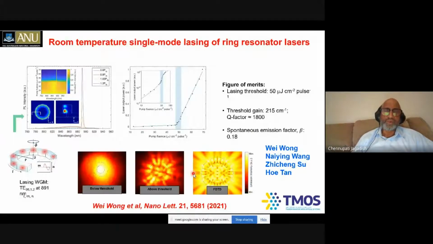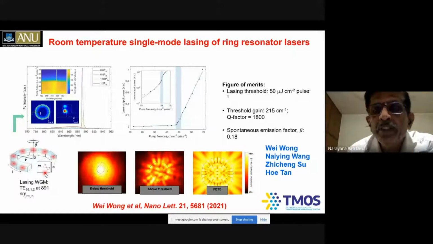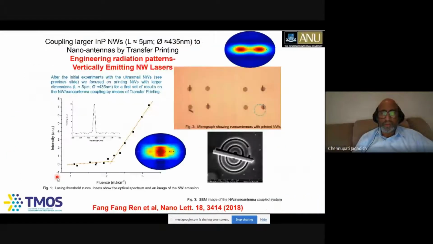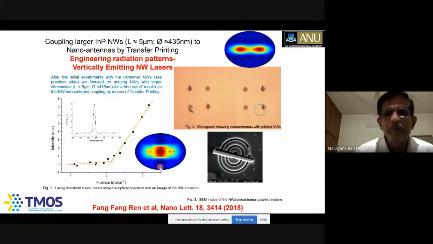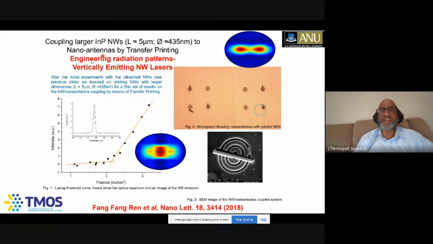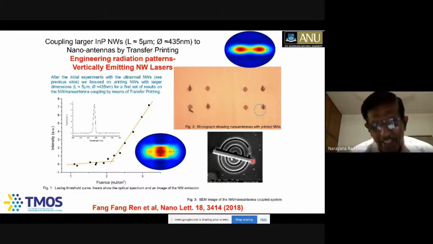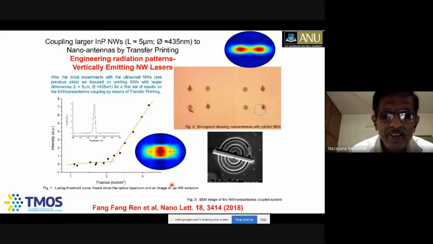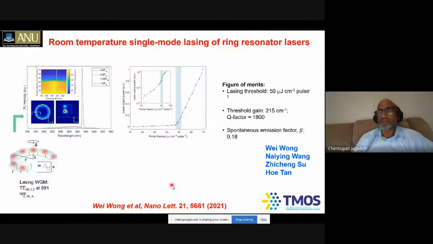So now let me move towards these ring resonators. Professor Jagdish, that means you don't see the light from the end of the nanowire when you put it on the antenna? Yes, that's right. We don't see light from the end of the wire. We end up seeing the light coming from the vertical direction. Okay, so essentially we're engineering the radiation patterns, and that's why this nano antenna is doing so. Yes. But it's a very good question, Professor Rao.